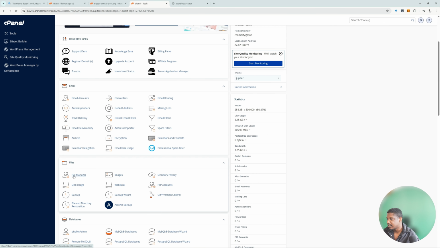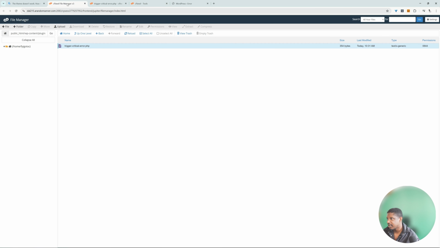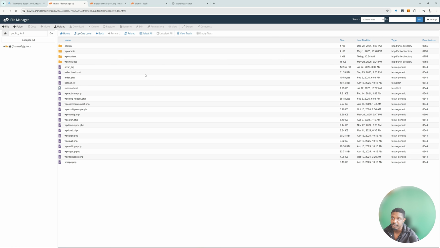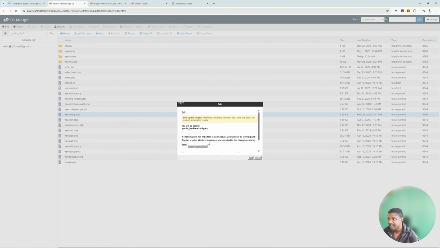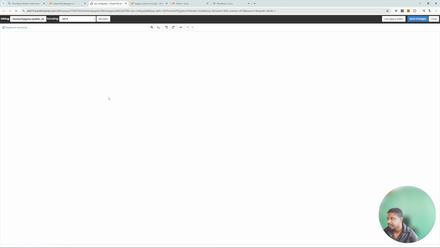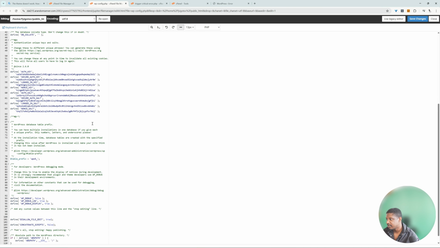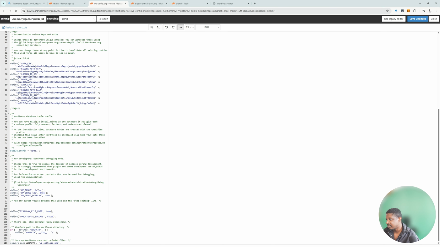Right, we just need to find a file manager. I've already got it open here. Usually the root directory of your website will look something like this. So we'll have the WP admin, WP content, includes, and so on. We need to go ahead and find this wp-config.php. Let's go ahead and hit edit, or hit edit again. And then we just need to scroll down to where it says debug, and it will be set to false